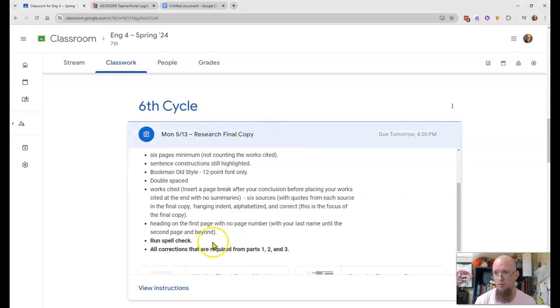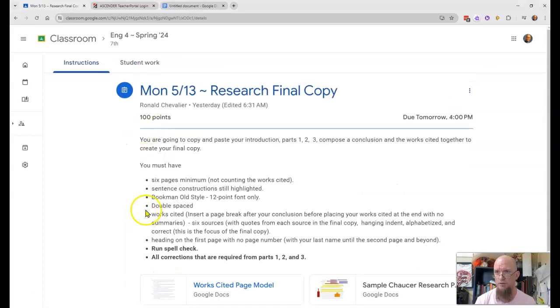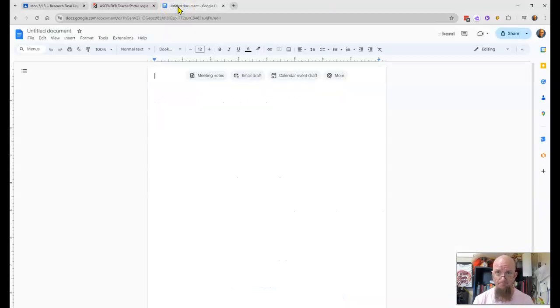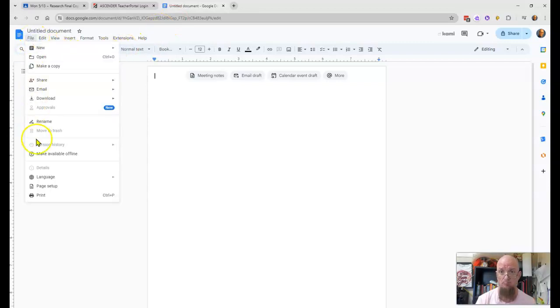Your final copy, you'll open up View Instructions. You will go in and create using your Add Create button, whatever it's called. That's up here in the upper right hand corner on your screen. You're going to create your doc. Once you've created your doc, you're going to go into File, Page Setup,